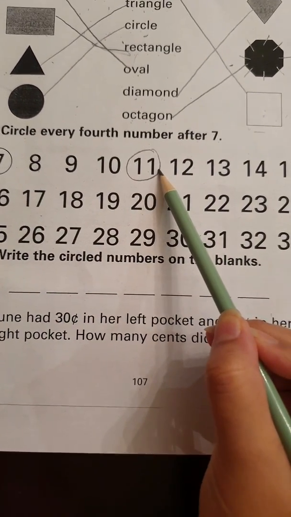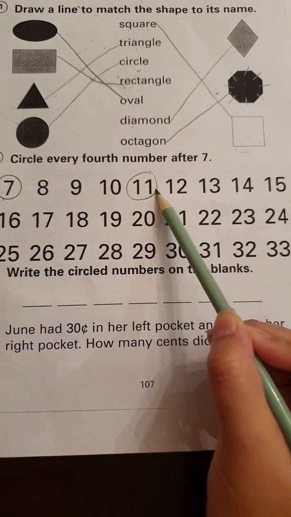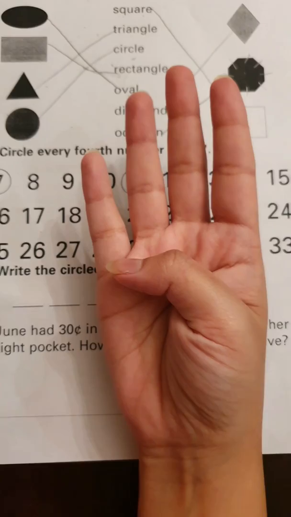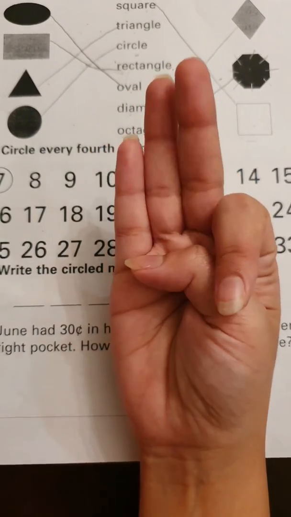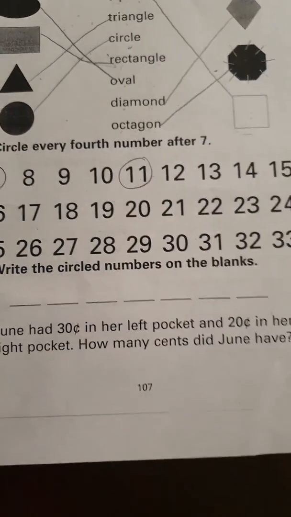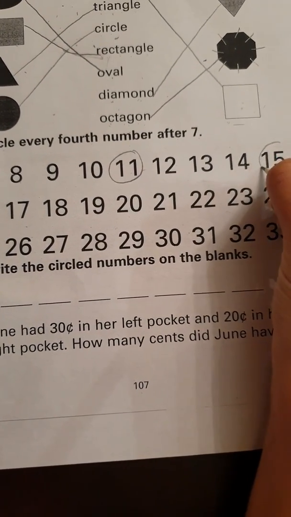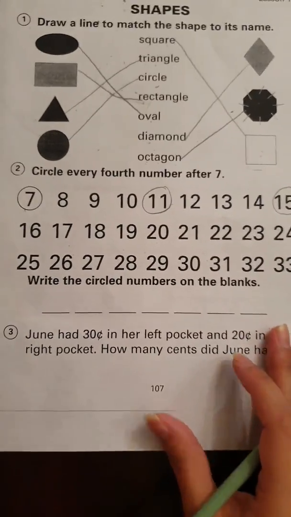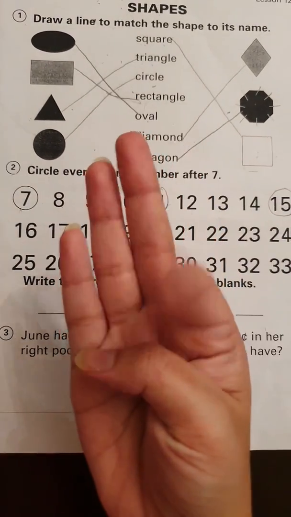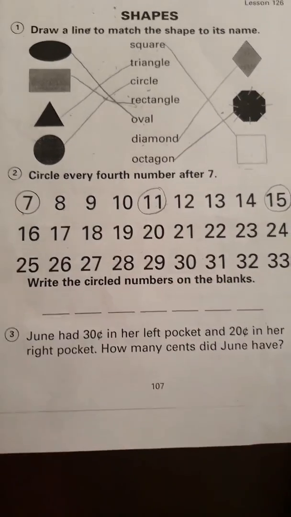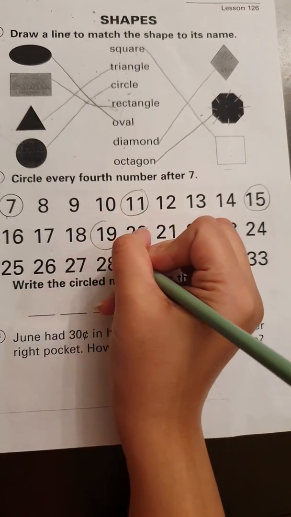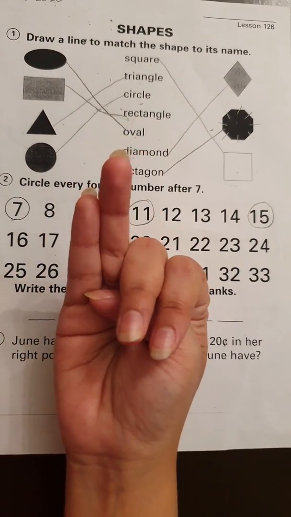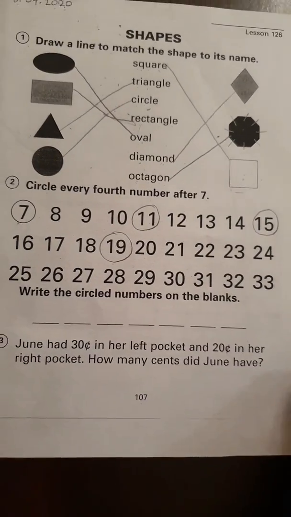Now let's see. After 11 we have to skip count by 4 again. So we'll take 4 fingers out and we'll skip count after 11. So 12, 13, 14 and 15. Where do we land? We land on 15. There we go. We have circled it. Okay. Now after 15, again skip count by 4. So 16, 17, 18 and 19. We reached number 19. Then after 19, skip count by 4. 20, 21, 22 and 23. So we reached on